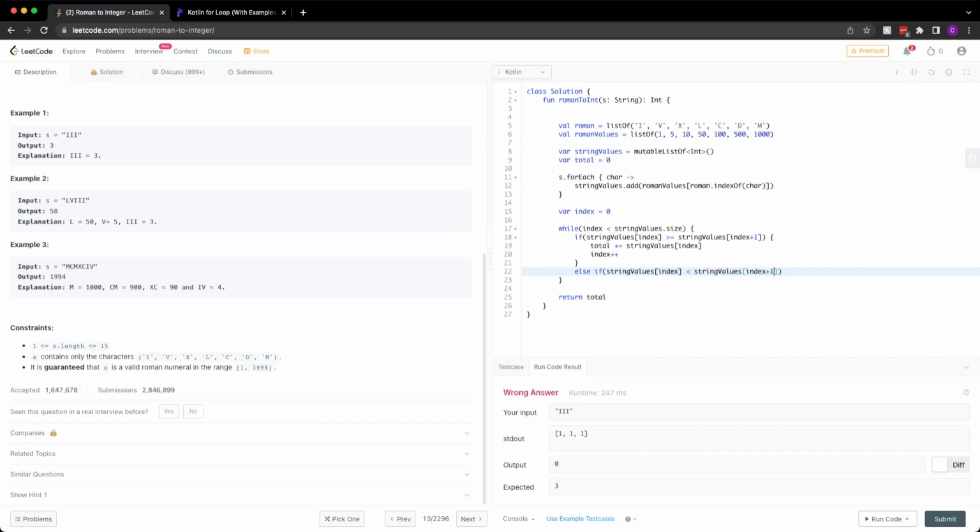Now we want to be careful here and do minus 1. Then if index is equal to string values dot size minus 1,